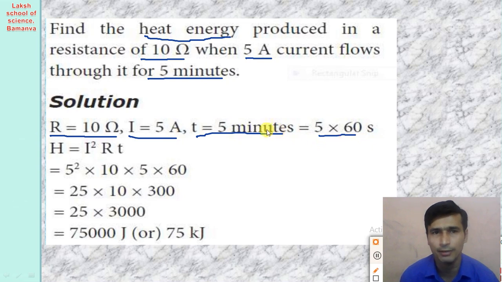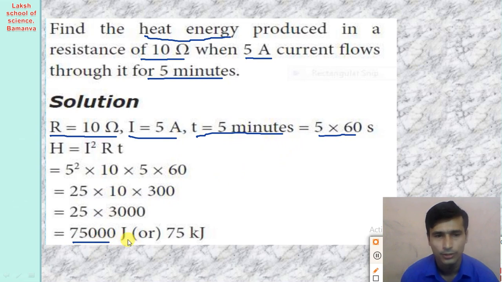So we need to calculate the heat energy. So what is the equation of the heat energy? The heat energy H is equal to I square RT. I is the electric current, R is the resistance, and T is the time. So we put in all the values: I is equal to 5, that is 5 square, resistance R is equal to 10 ohm, we place a 10, and time 5 minutes is equal to 300 seconds, so we place a 300. So if we calculate this, we get the answer